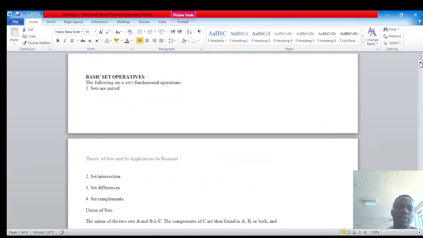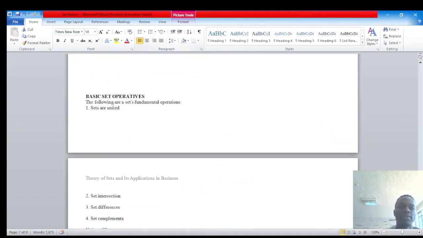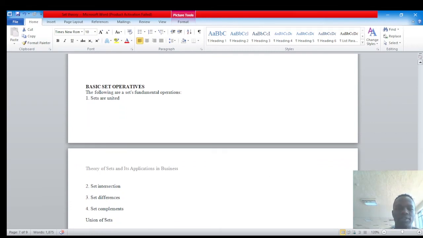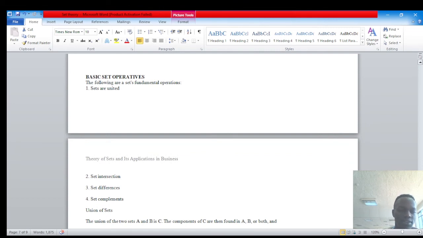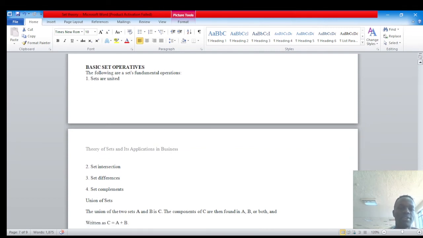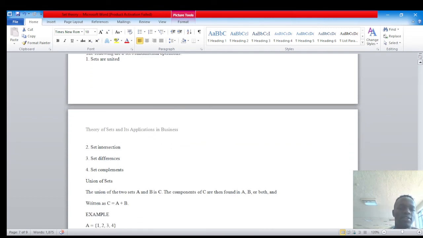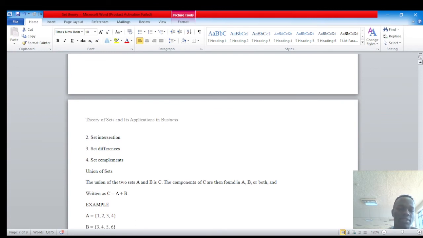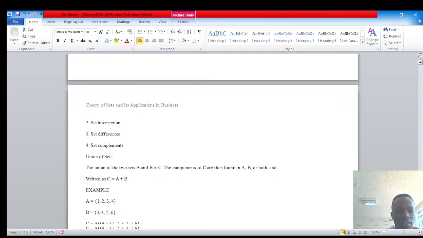Let us look at the last part, which is the basic set operations. The following are set fundamental operations. So sets are united, we have seen how sets are united. Set intersection, we have seen how they intersect. Set difference, we have seen that. Set complements, we have seen that. And the union of sets, we have seen that. Okay? So let's look at the union of sets